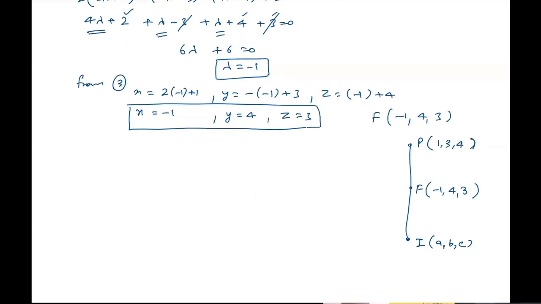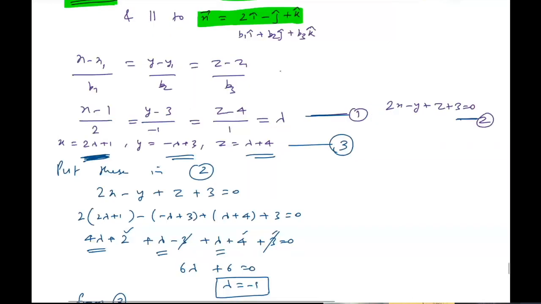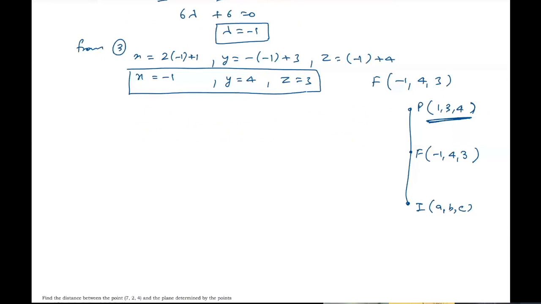Point P was given. Okay, I have taken this line from this figure. See, this was the figure. I have taken the line PI from this figure. P, F, I. We have P given as 1, 3, 4. I have written here P is 1, 3, 4. I is assumed to be A, B,